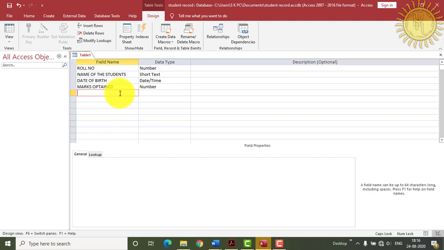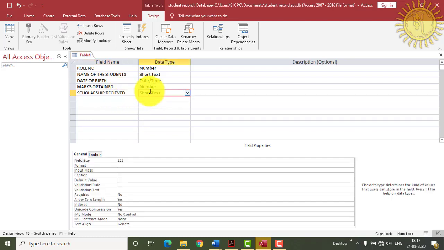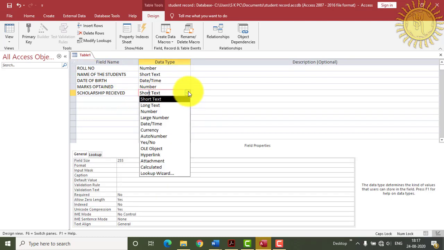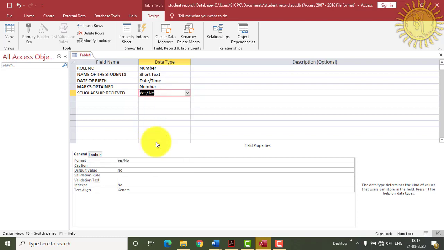And after that, there is a field name as scholarship received. Scholarship received is in the form of yes or no, so we will select the yes or no data type.